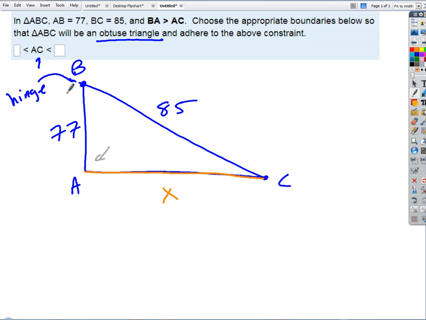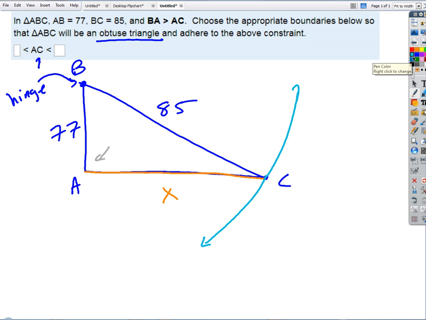Now, if I make X bigger, if I stretch X out, if this is hinged right here, then would you agree this piece has to kind of just move around. When it tilts up, this point C is going to kind of move in a circle. Does that make sense? It's going to do something kind of like this. This point C is going to move up either in that direction or down in that direction, right? If I stretch this thing out,